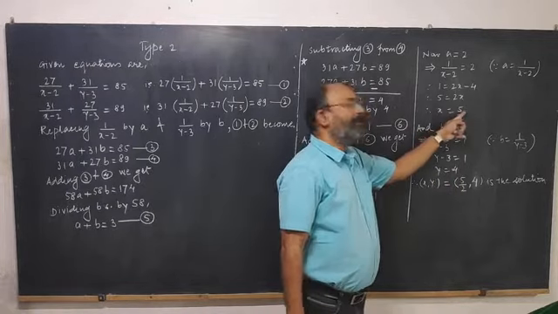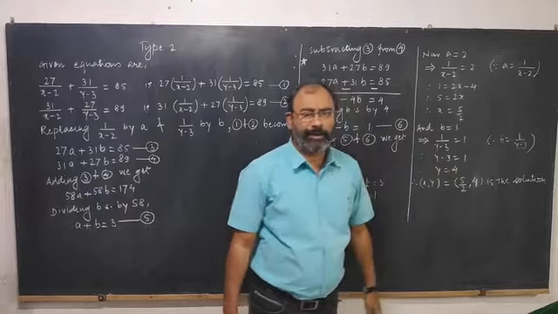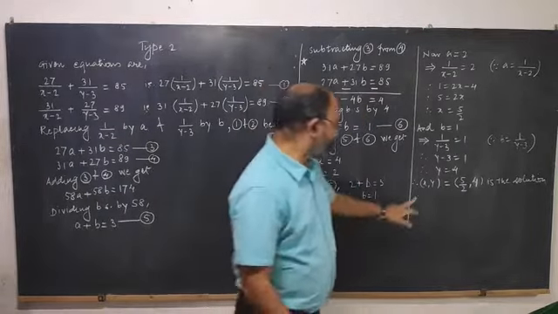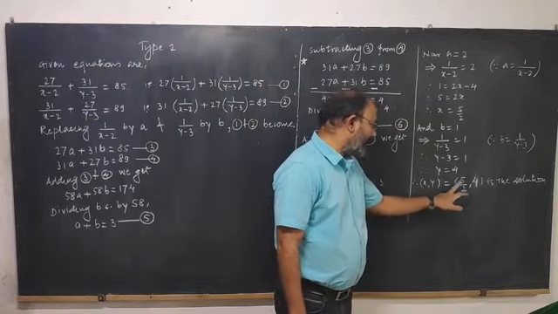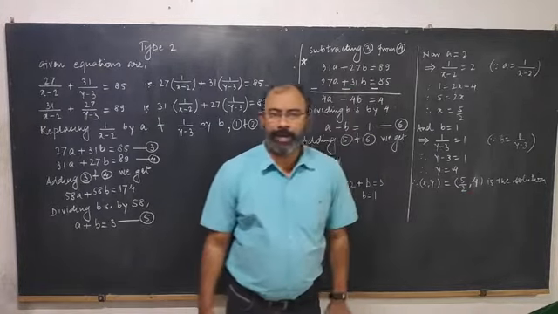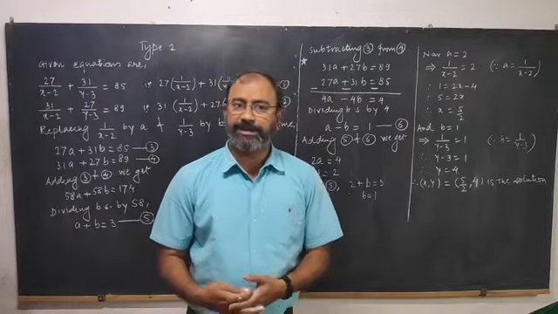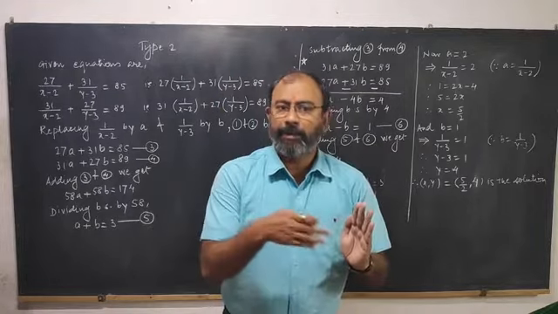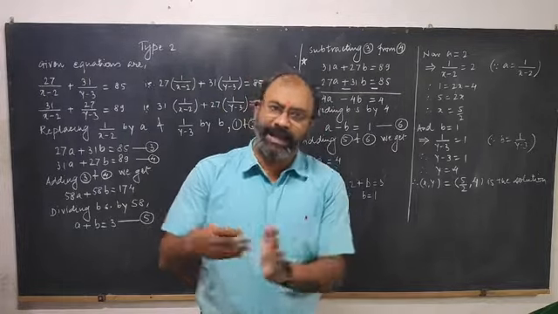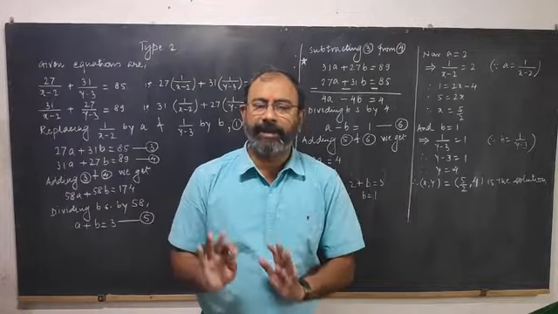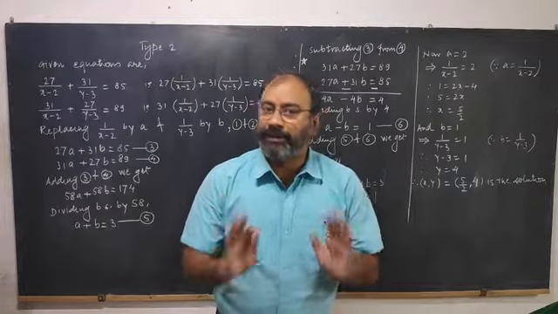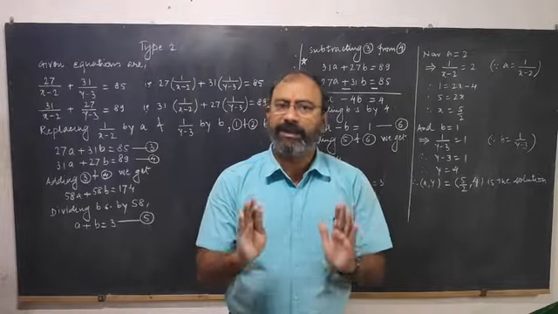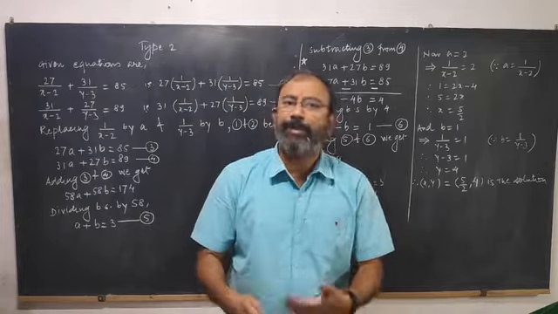Now you have got the value of x and the value of y. The values of x and y are the required solution. So the required solution is 5 by 2 comma 4. Okay, so what is the speciality of this? The denominator contains a term like a variable plus or minus a number, and another variable plus or minus some number. So this is type 2. These are not linear equations, but we can solve them using the technique of solving linear equations in two variables. Again, followed by some homework.